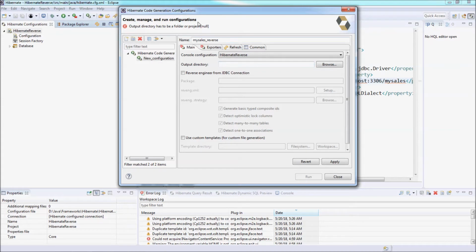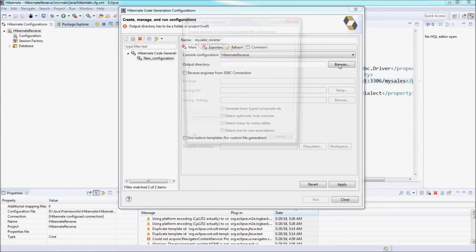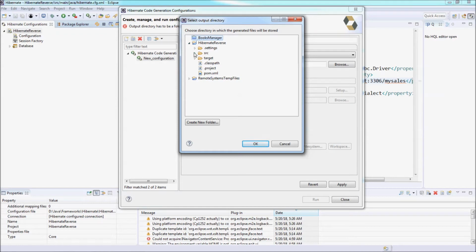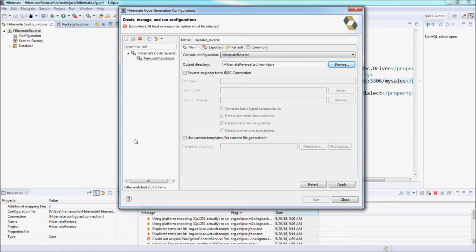Okay, the output directory Java. Okay, select a directory to put the generated code. Okay, and check the option reverse engineer from JDBC connection and enter the package name, which is a Java package in which